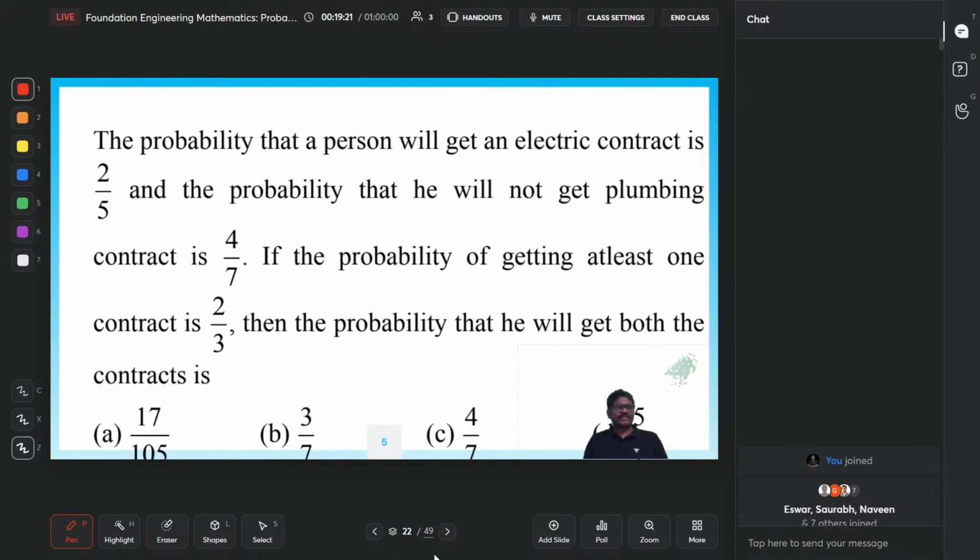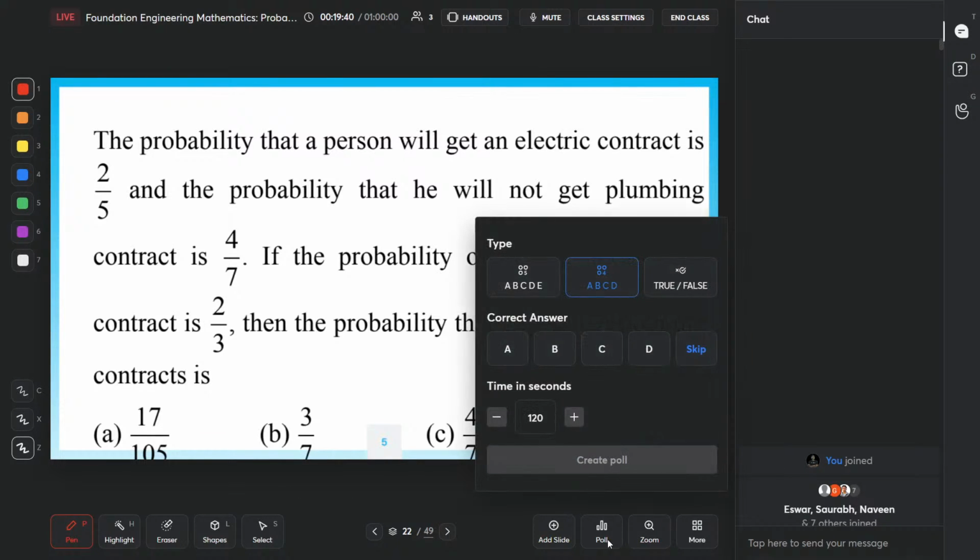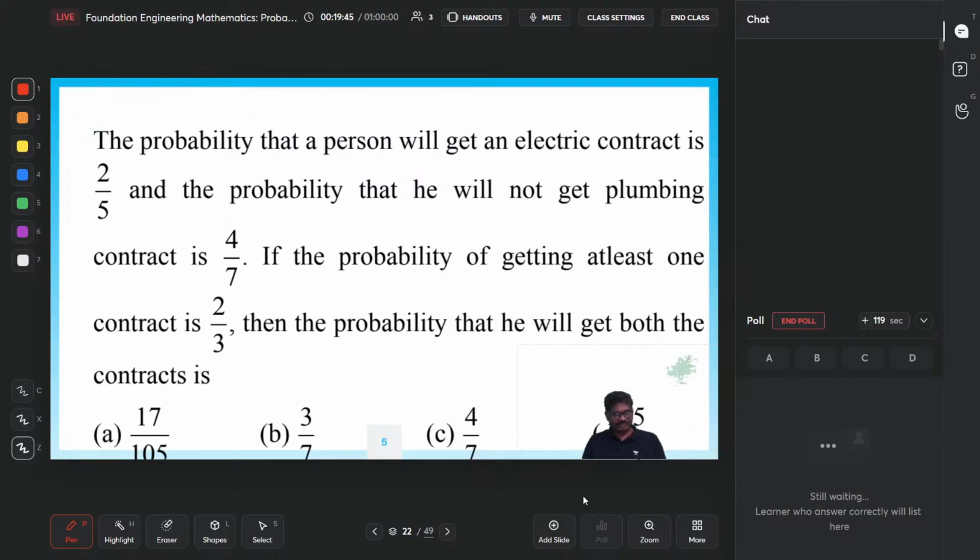Next, the probability that a person will get an electrical contract is 2 by 5 and he will not get a plumbing contract is 4 by 7. The probability that he gets at least one contract is 2 by 3. The probability that the person will get both the contracts is